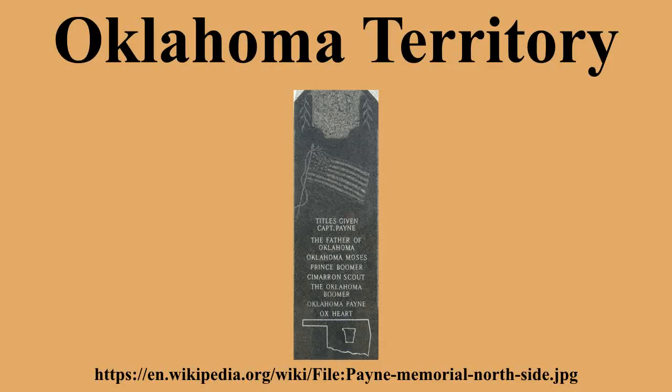The territory's judiciary consisted of a territorial Supreme Court made up of 3 justices, a chief justice and 2 associate justices. Additional associate justices were added later as more counties were created in the territory. The judiciary was given a wide jurisdiction.